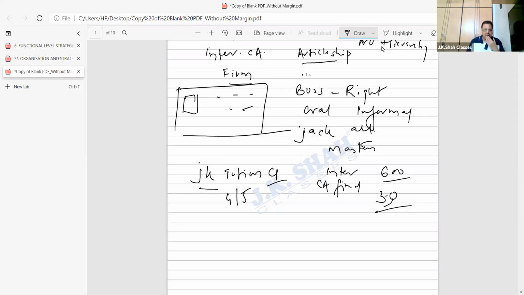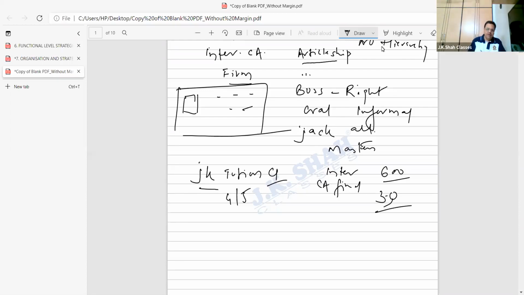30-40 students is fine. 600 students. So I said, now it was difficult to manage 600 students with that structure which I was having. Mind you, the words I'm using, sir always wanted to grow. So he was teaching the students properly. He never wanted to be satisfied with 30 students. He wanted more students. So strategy was there to get more students. It clicked. Now there were 600 students.